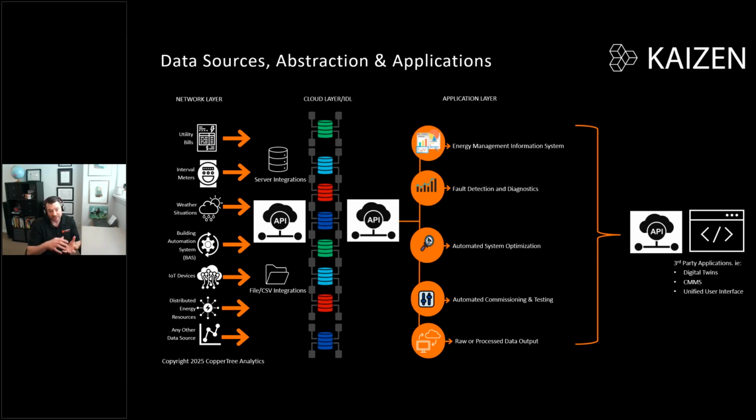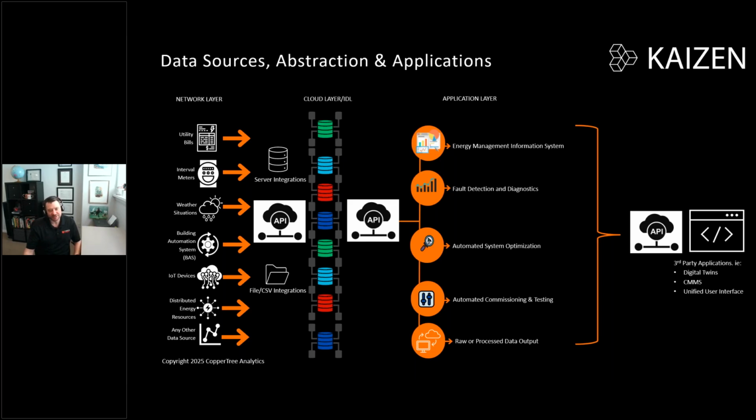Depending on the integration done at site, that data might all be integrated into the building automation or into its own independent layer. So we're seeing that more as well. Where that doesn't exist, Coppertree creates that layer. So if there isn't an independent data layer, in which case there is sometimes, we now are collecting all of that data through either server integrations, including SCADA and other types of integrations, through APIs, through file and CSV integrations even. I mean, we still have people emailing us CSV files, believe it or not,